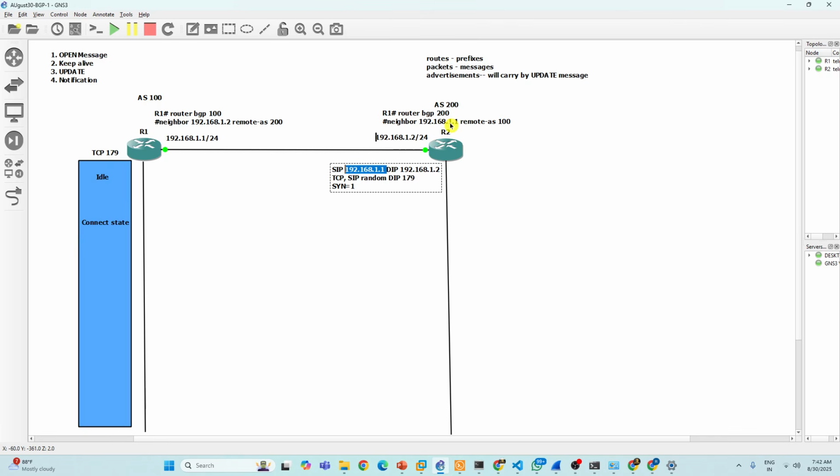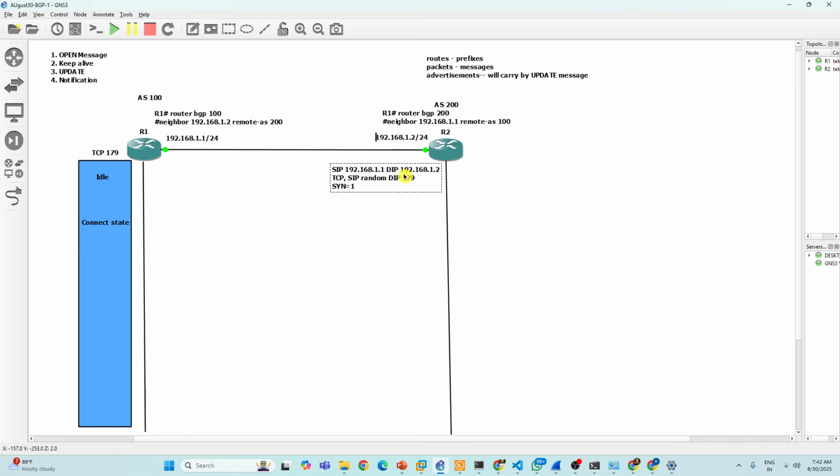Yes, as per the configuration, it is matched right here. First of all, once it receives, it will check the destination port number 179. Yes, I have configured BGP, 179 is enabled, I listen to the traffic. Then it will check the destination IP address: yes, 1.2 is mine. BGP will also check the source IP, because my neighbor is 1.1. I'm expecting a TCP packet from 1.1. Each and every field it will check.